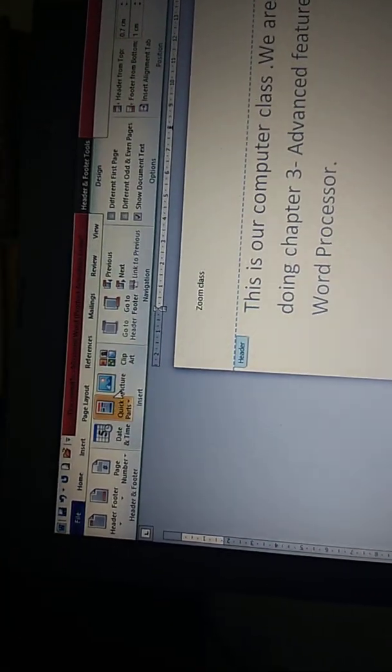Next is how to insert footer. Again I'll go to the footer section, footer button. Here also you have edit footer. Click on edit footer. Then a dotted line will be visible, and first the cursor is blinking at the left side of it. You can write page number. For example, I'm writing 5 as page number, and when you press the tab key, it will be shifted to the center. Second time again press tab key, it will be shifted to the right hand side. To remove it, you can use backspace key.